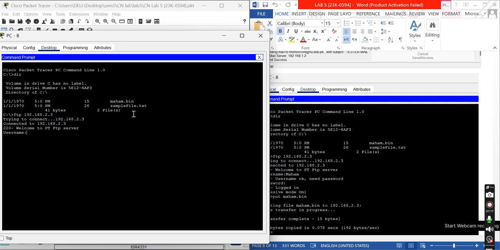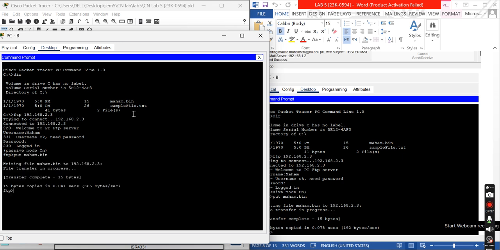Now it will ask for the username that we assigned to the server and the password. And it shows us that we have successfully logged into the server, and now we can upload the file we want. So let's say I want to upload maham.pin to it, and it has successfully transferred it. As you can see, 15 bytes copied in it and 15 bytes are shown in the maham.pin.